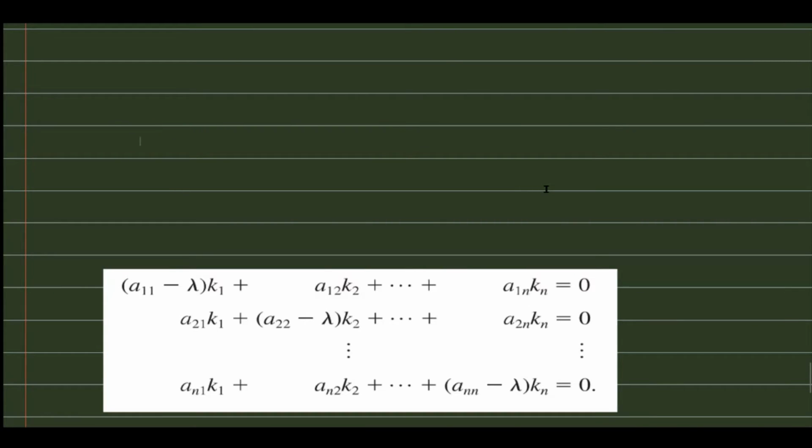So we have checked whether the given vector K is an eigenvector or not. Now we will see how to find eigenvalues and eigenvectors of a given matrix. Suppose the given matrix is of the form, in matrix form we have written AK equal to lambda K. Our aim is to find a non-zero K for which AK equal to lambda K holds.